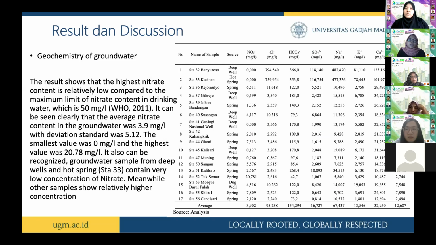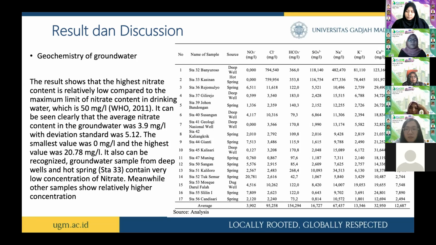The results show that the highest nitrate content is relatively low compared to the maximum limit of nitrate content in drinking water, which is 15 milligrams per liter according to WHO 2011. It can be seen clearly that the average nitrate content in groundwater was 3.9 milligrams per liter, with a standard deviation of 5.12. The smallest value was 0 and the highest value was